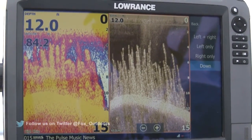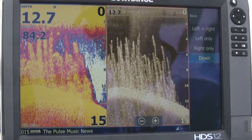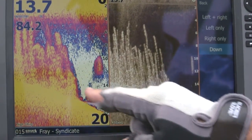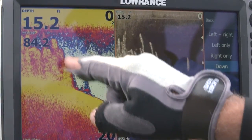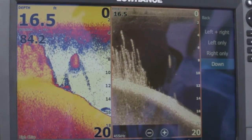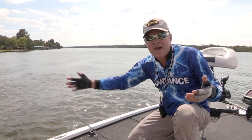So I'll show you a quick shot here of my Lowrance HDS Gen 3 unit, and you can see that we're on the outside edge of a grass bed. You can see all this grass right in here up shallow, up in 8, 10, 12 feet of water, and then it drops off the outside edge. So these fish will tend to migrate down deeper, and they'll relate to that edge running up and down the edge of the grass bed, and that's what they'll use as an ambush point to feed on prey, shad mainly,